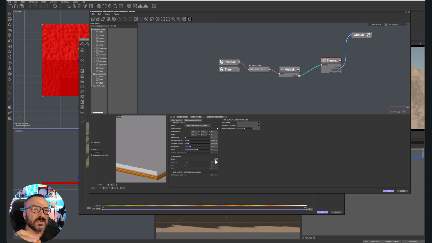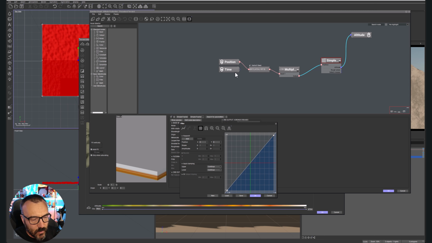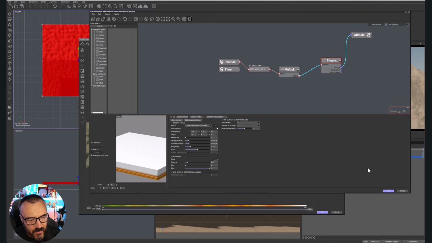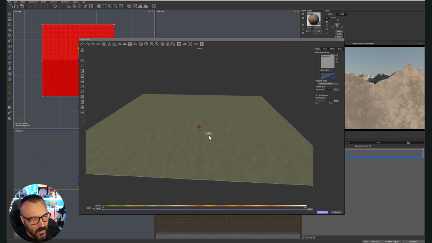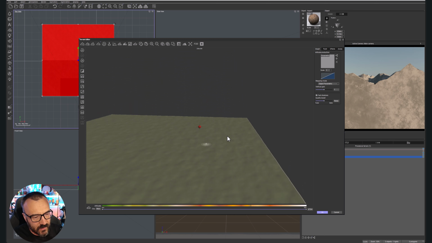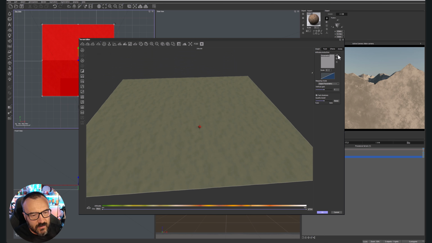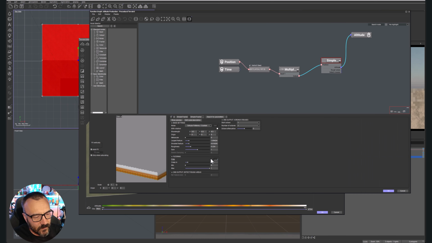For example, if we set the parameters from 0 to like black or low level, we want to make more of a plateau, we can create this curve. So for example, if we go to edit filter, and we'll just take one, and we'll say we want to have spikes in one case, and you can see how it's affecting our terrain. Okay, let's go back, and I'm just going to reset the filter,